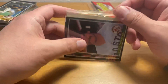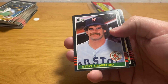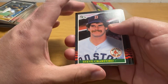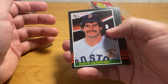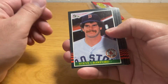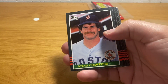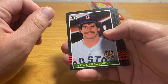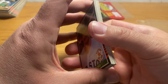So what are the big cards in this set, you may ask? The answer is very similar to the answer for '85 Topps, with one exception. The big cards in here are the Roger Clemens rookie card and the Kirby Puckett rookie card, and the one card that's in '85 Topps that's not in Donruss. This is an anomaly because very rarely does Topps have a hot young rookie that Fleer and Donruss do not. But there was one card in '85, which was a Mark McGwire, that was in that set because